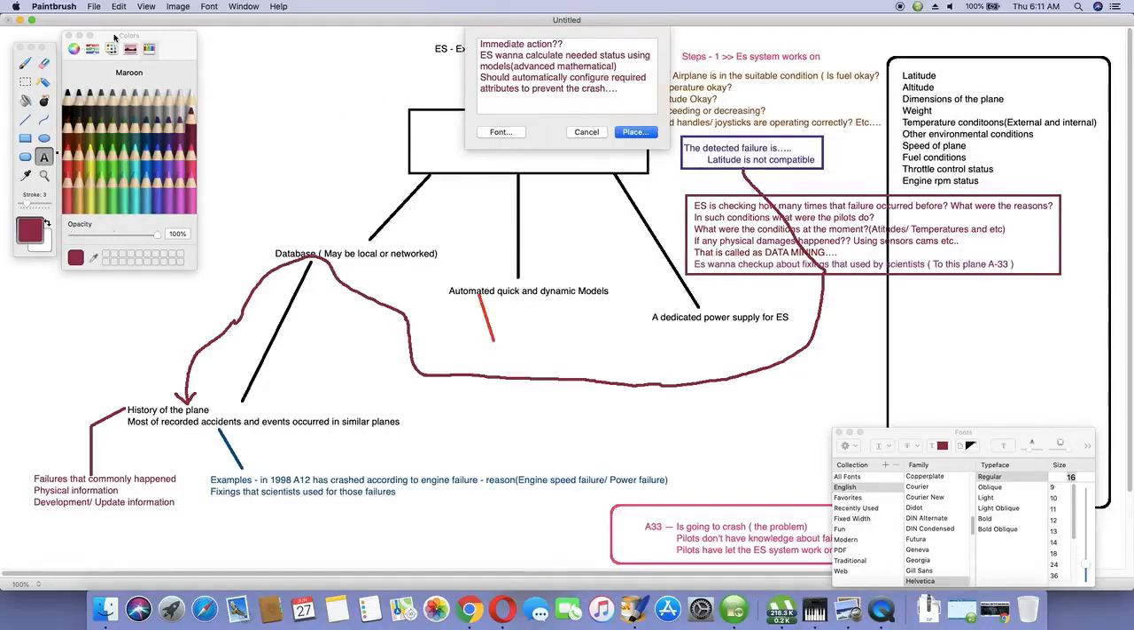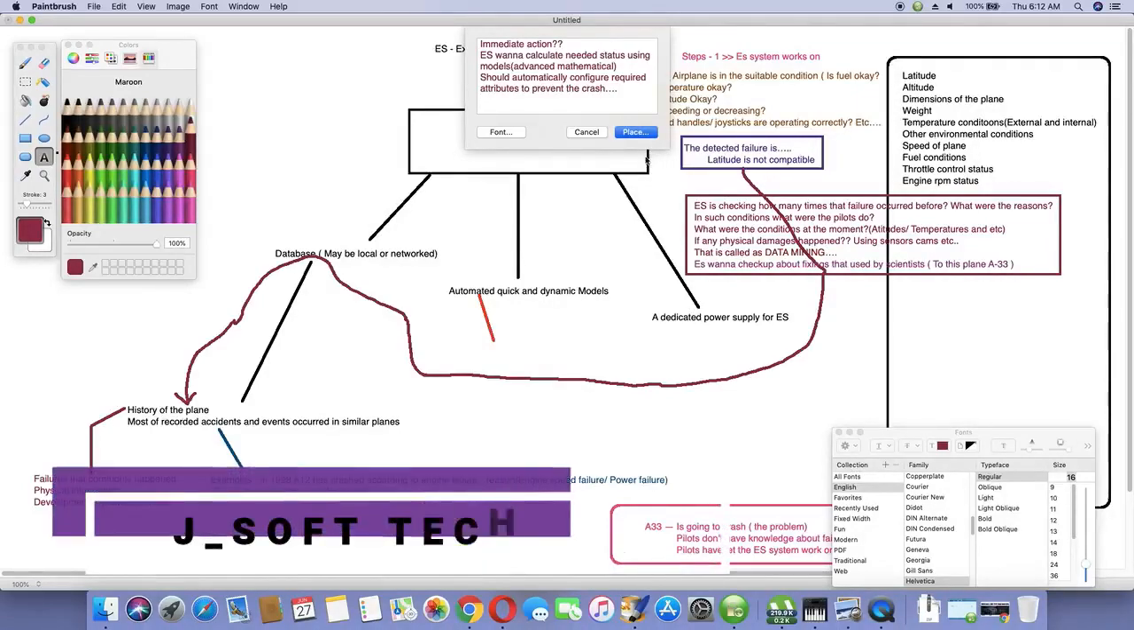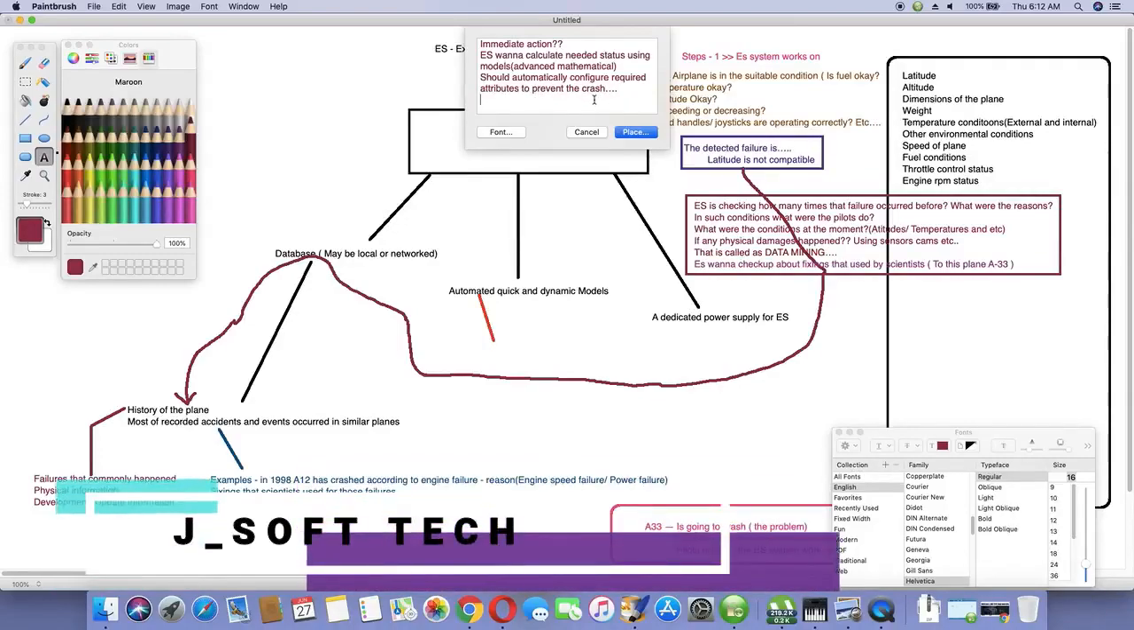I'm just doing the basic structure and the basic idea and the concept about the ES system in an aeroplane. So I don't know actually about that prediction ability, how to give prediction ability to a processor, because I have not studied yet, but I'll have to study, and later I will study and give it to you. And it should automatically configure required attributes to prevent the crash, and